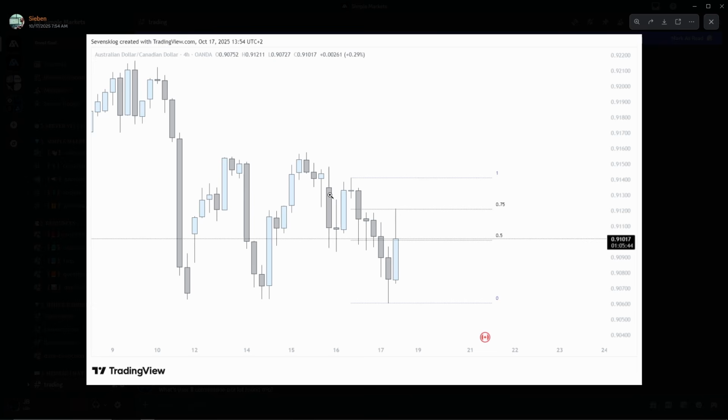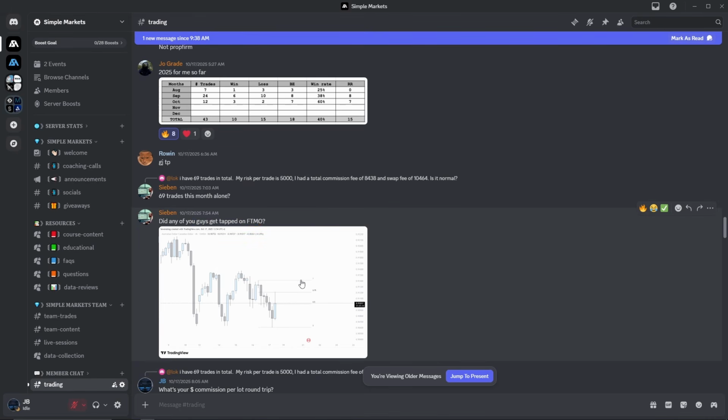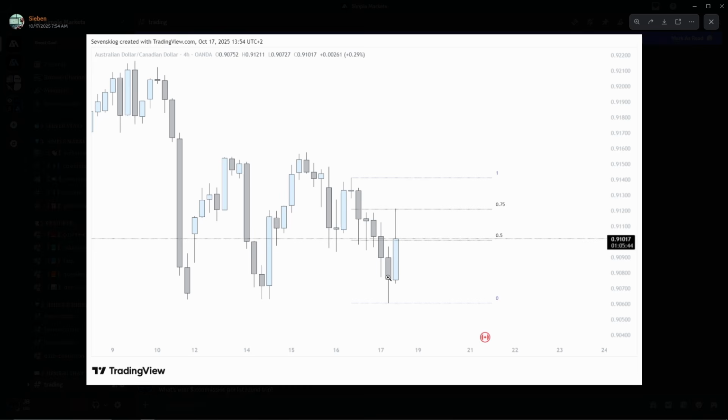Nonetheless, he considers this a sweep on liquidity here, when we have a few candlesticks with a wick above it. He follows the break of structure, and the fair value gap is in the range. So yes, all the rules are technically met in a scenario like this. He actually did not get the tap on this position on FTMO due to spread, but nonetheless, just for example purposes, this trade does follow the rules. It's a bit more aggressive than what I trade, but this is just something I want to show you guys